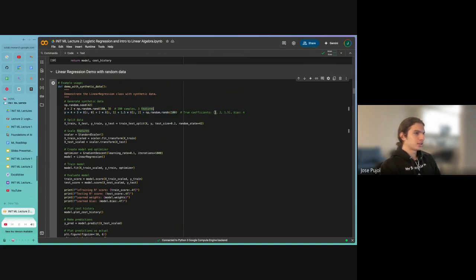You can see the coefficients here. So this is essentially a line that is 3 x sub 1 plus 2 x sub 2 plus 1.5 x sub 3 plus b, which is the bias.